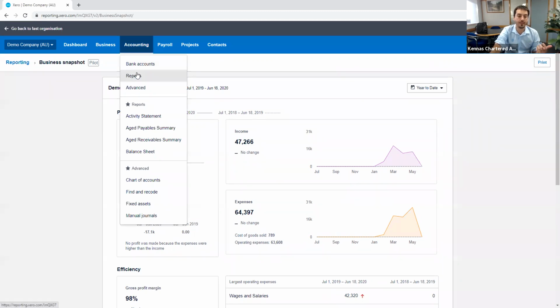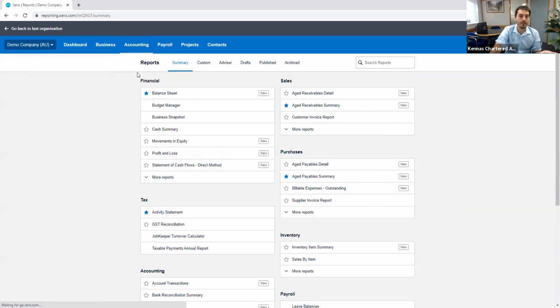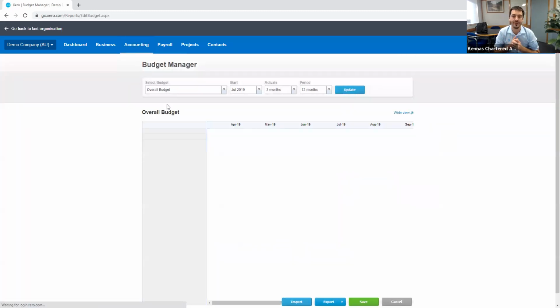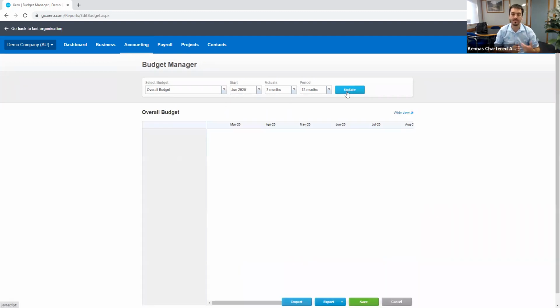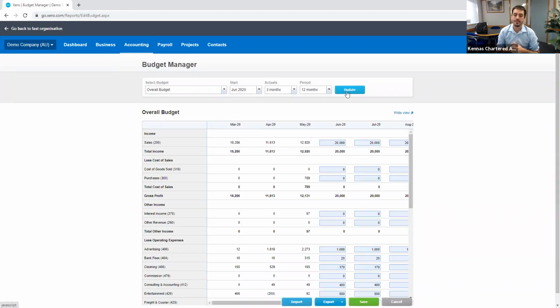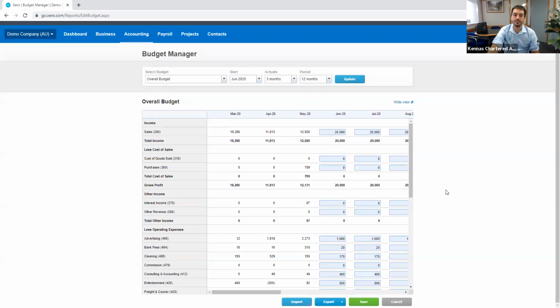One other thing that I've been encouraging most of my clients to do is to set up a budget. Now, yeah, budgeting, whoa, we're excited over budgeting, but it's really quite handy to get into the habit of each year sitting down and planning out your future year and getting some sort of budget happening whereby we can yardstick how we're going based off current year's results and what we think is going to happen in the future. The Xero budgeting tool is really quite simple. So if I was just to go overall budget for the year,